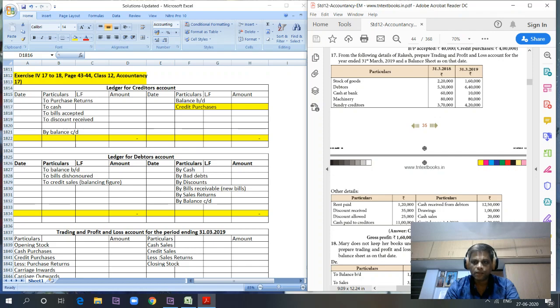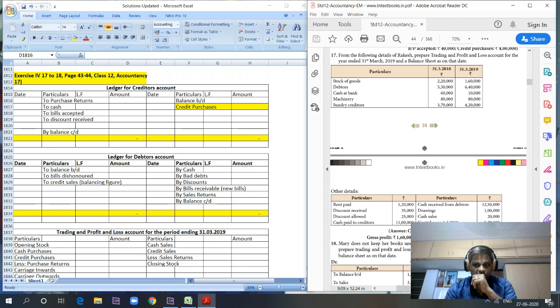So, let's now prepare. We have to identify what is the total credit sales, what is the total credit purchases. We don't know what the sales and purchases are here. So we should calculate total credit sales and purchases. We have only cash sales given here, so it means that there is some credit sales.